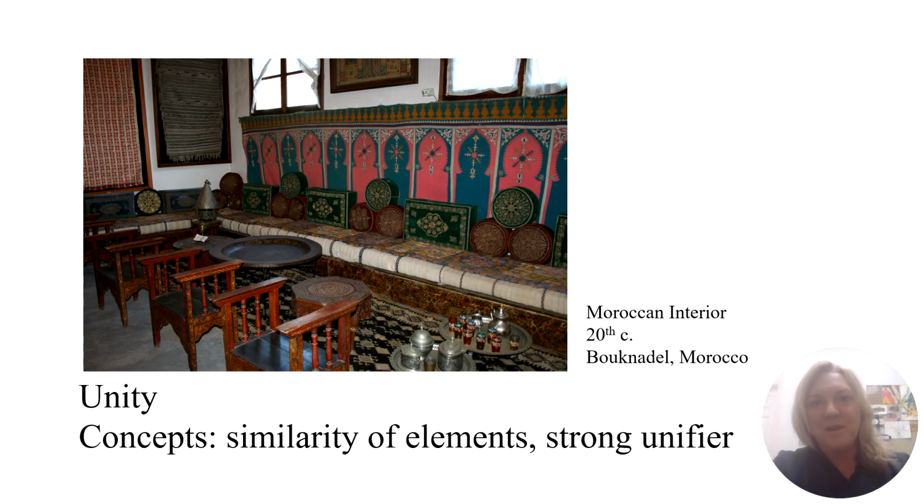And last, let's talk about unity, or harmony through unity, a very strong unifier or series of strong unifiers. This is a traditional Islamic interior found in Morocco in the 20th century. And the furniture is all similar, of a similar style, even the same type of chair. And that perimeter seating, of which Islamic interiors are really known for, really creates a cohesive element we might call a datum,